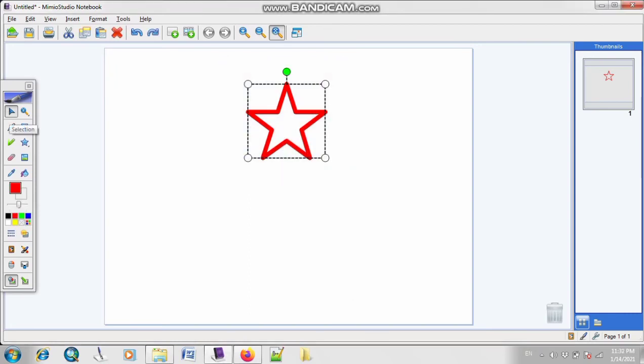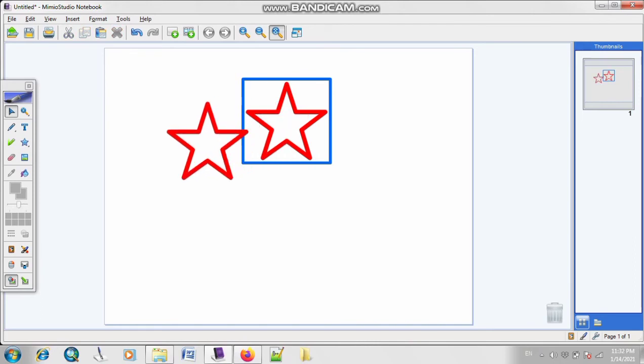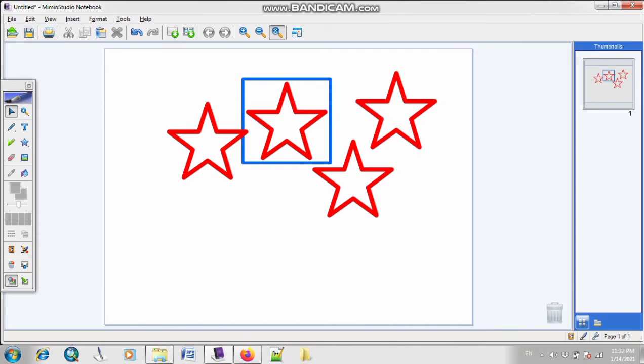Here you have a selection tool, you can select it, and then what you have to do is simply click on this option of clone. Now as you can see, a blue boundary will appear outside your shape. Simply click inside your blue boundary, and it will automatically create different shapes, different numbers.